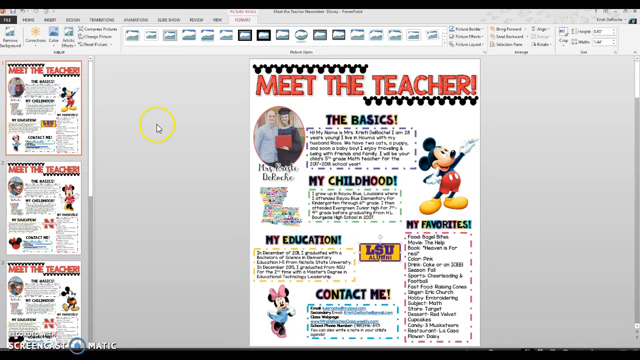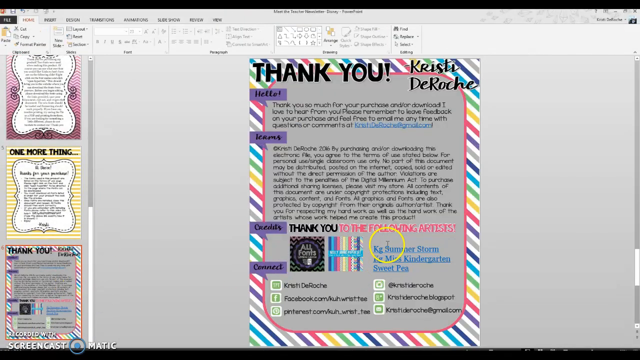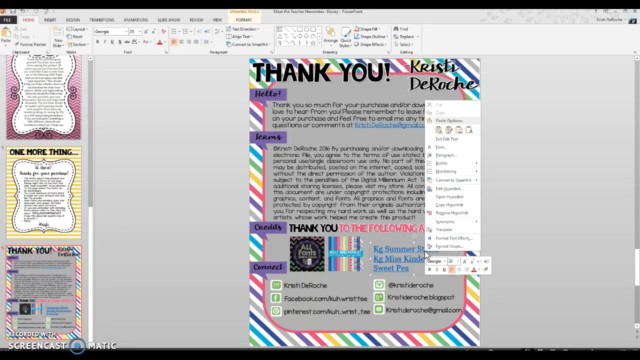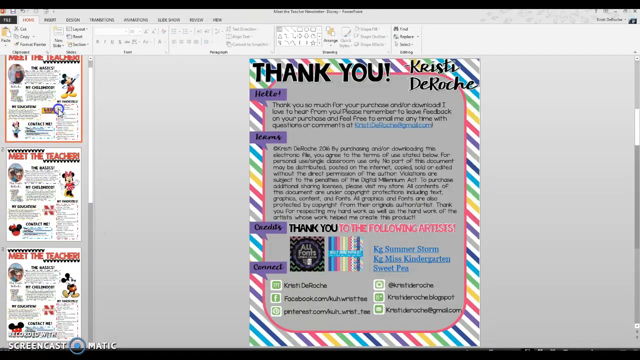Again, if you're ever unsure where to download the fonts, the links are always on the last page. You cannot click on them because it is an editable document. So you have to right-click and hit Open Hyperlink to download all of the fonts. Remember, once you download a font, you have to close out this document, make sure it's saved, and reopen it so the fonts can load